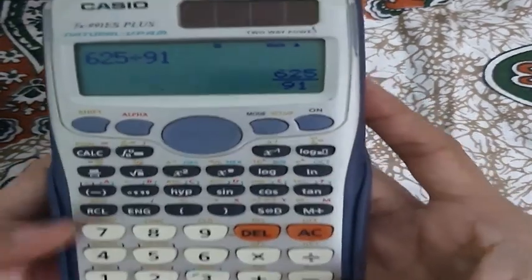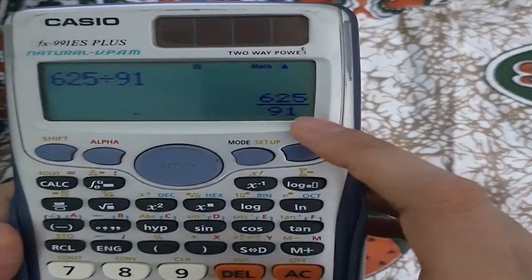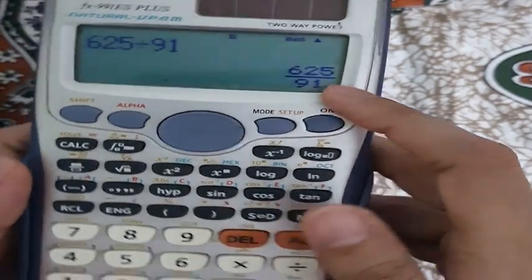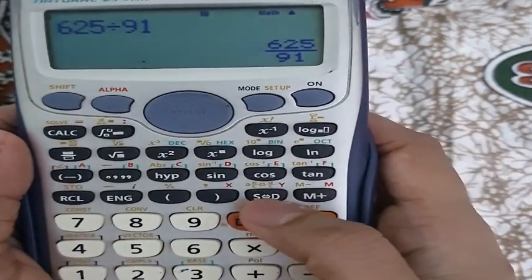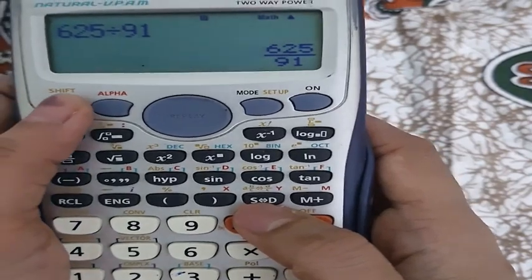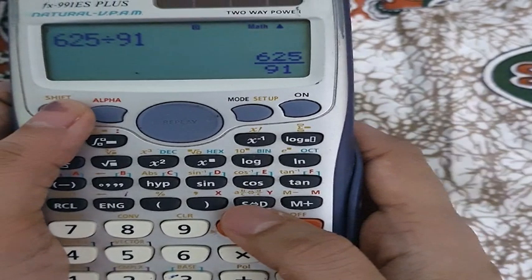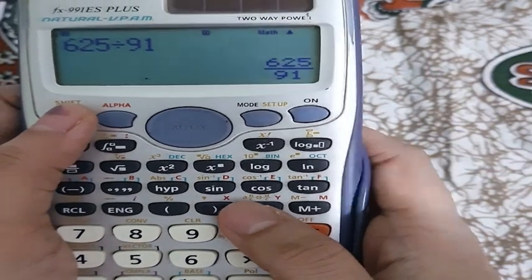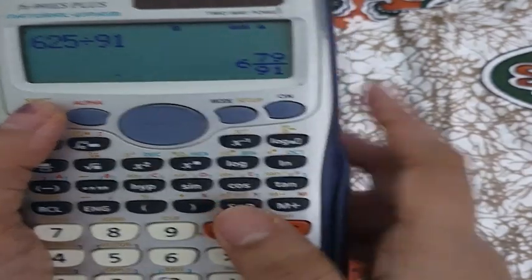that is 625 divided by 91. But I want the result in the form of quotient and remainder. So you can check this button, that is S⇔D. So I'm pressing shift and this S⇔D button, then I will get the answer in the form of quotient and